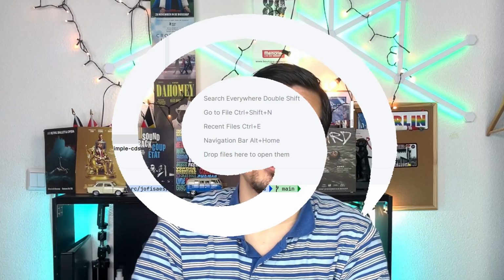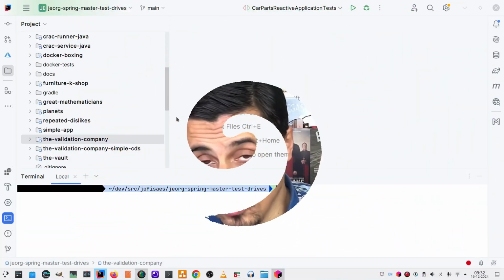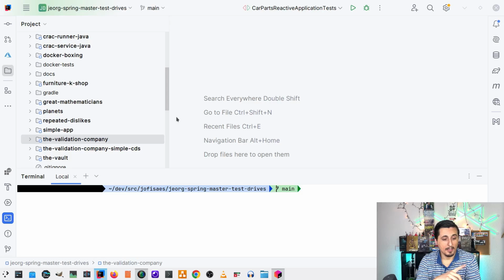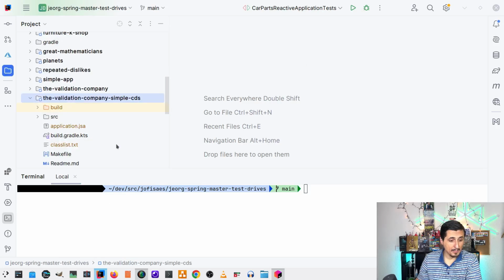And the idea here is to see the behavior of the two different applications and find out what are the differences in each case between starting them with CDS and without CDS in a different order. So first we are starting our applications without CDS, and then we are going to compare that with an application running with CDS. If we go inside of the first case, which is the simple CDS,